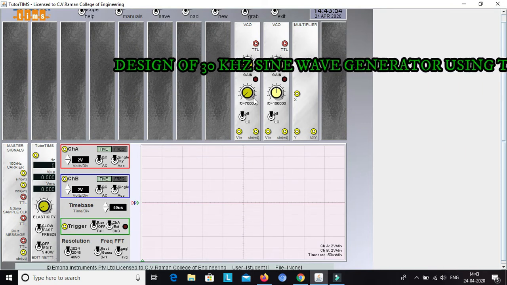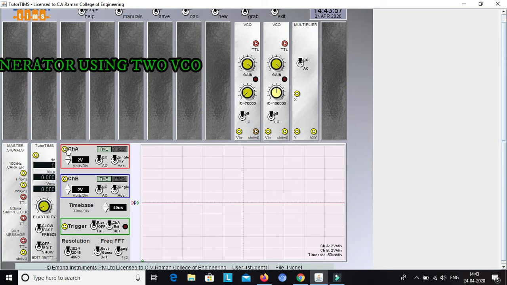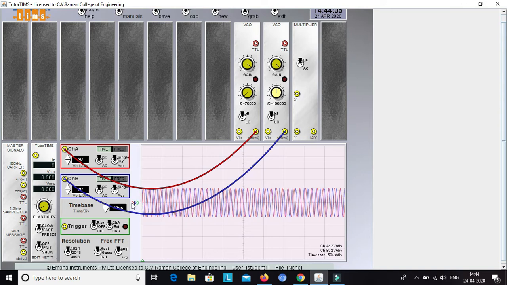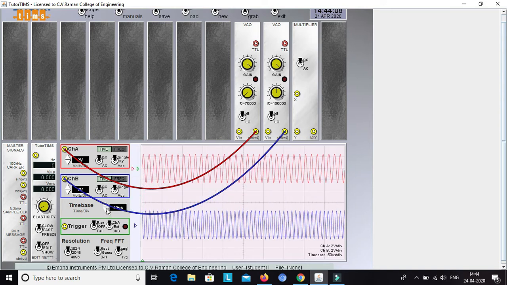Now see, this frequency is 70 kilohertz, this frequency is 100 kilohertz. Now I can check the output here in channel A and also in channel B. So if you see both the outputs in time domain, I am showing you.